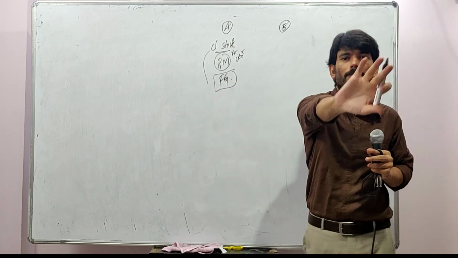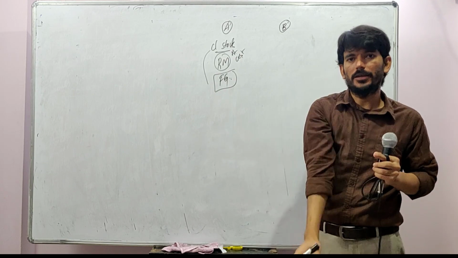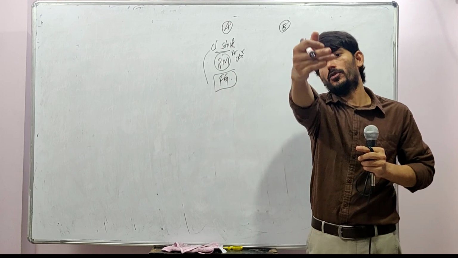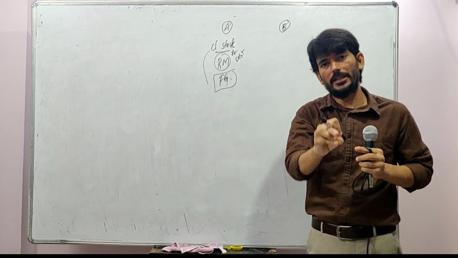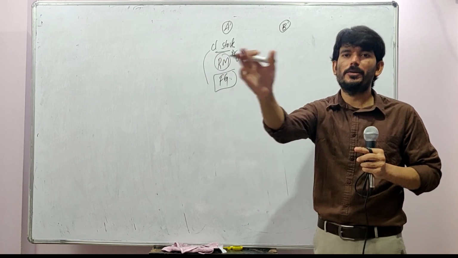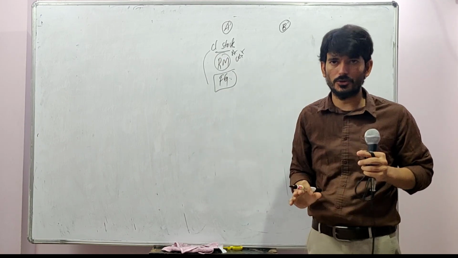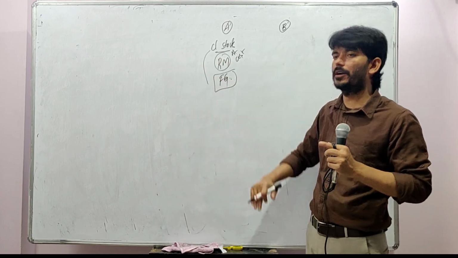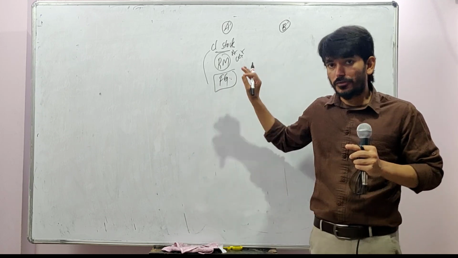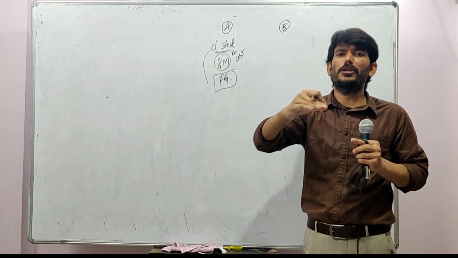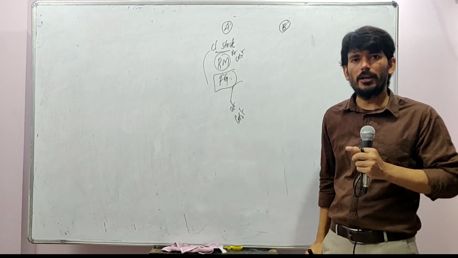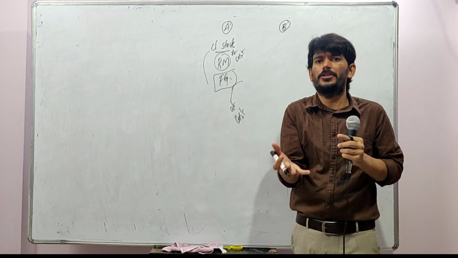Assuming I am A, you are B. I have my closing stock, you have your own closing stock. In your closing stock also, there is a raw material. That raw material is purely at cost. You might have purchased it on your own, or maybe I might have transferred it to you. So there will not be any issue with regard to this raw material which is at cost. But this finished goods, if this finished goods happen to be manufactured by you, you will always be keeping it at cost only. You will be valuing it at cost, so you don't have any issue.